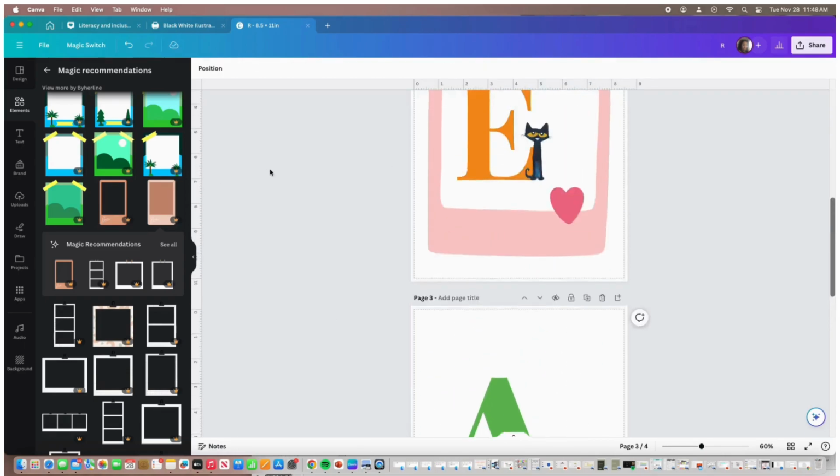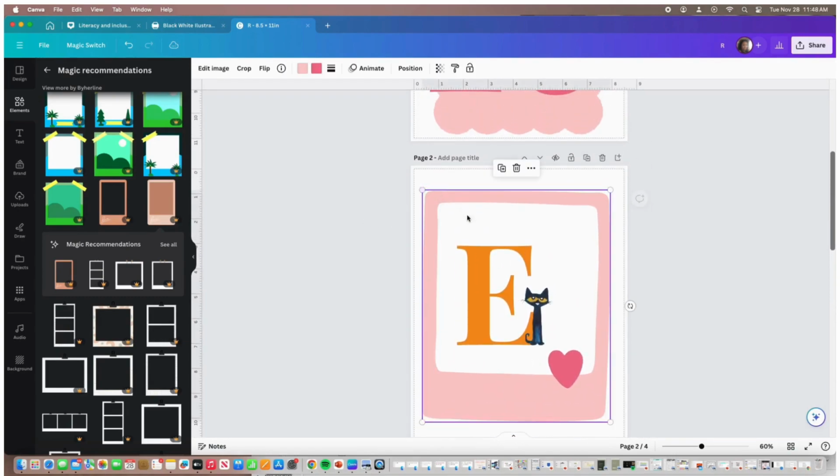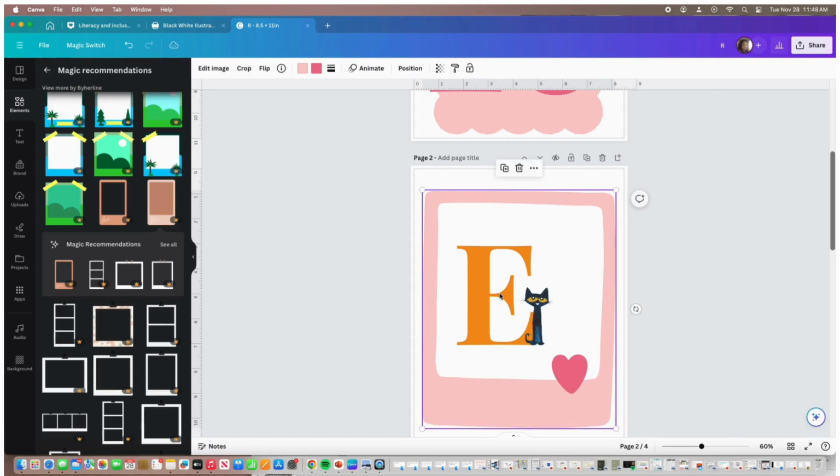So yeah, but I just wanted to give you guys an opportunity to see how easy it is to make resources for yourself. If you see something that you want, hop on Canva,